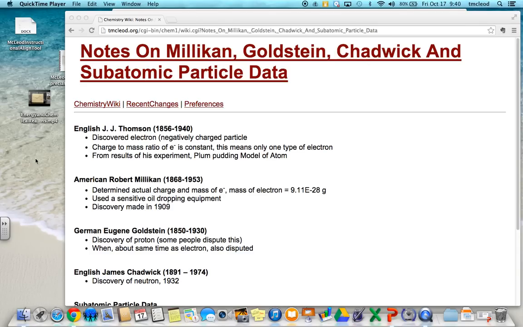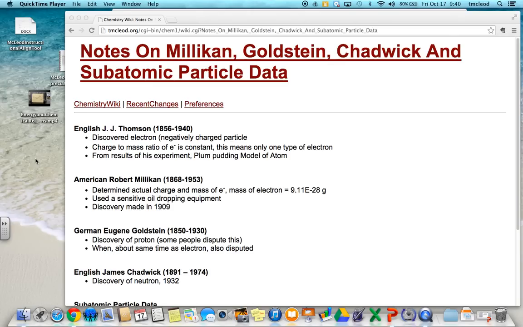So you can see what it says about J.J. Thomson. The one thing I think that the video didn't really explain, or highlight, was the fact that from Thomson's experiment, not only is it an electron, but there is only one type of electron. It's not a family of things, at least they hadn't explained it yet.